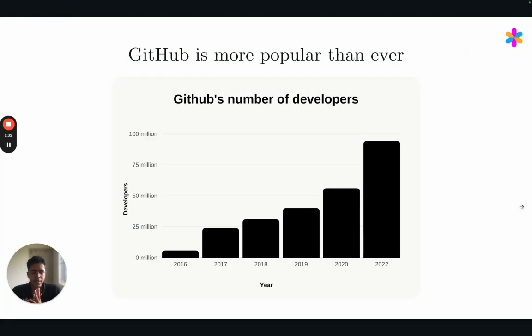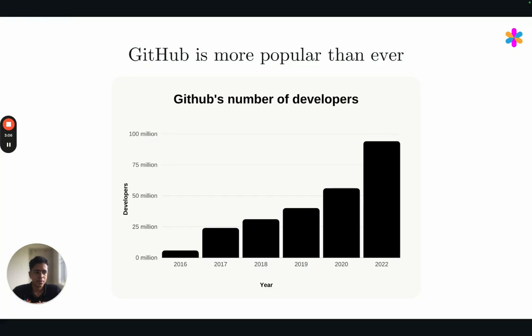And the interesting thing is, if you are wondering if only a group of friends among you or your colleagues are the people who are using GitHub, you should just have a look at this graph. The number of users of GitHub have been almost exponentially increasing in the last few years. I don't know the exact statistic at this moment in 2024, but I assume GitHub has already crossed 100 million developers.